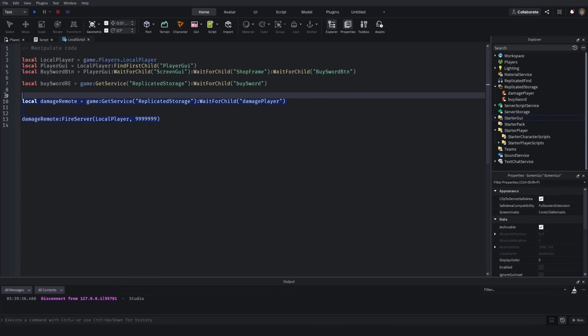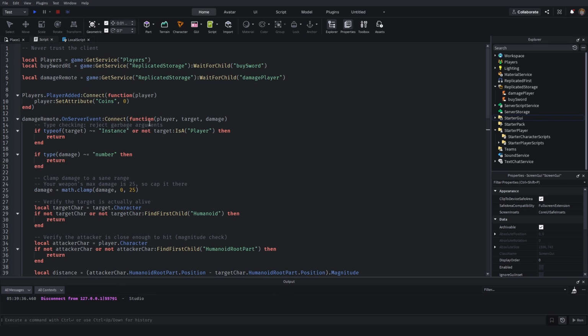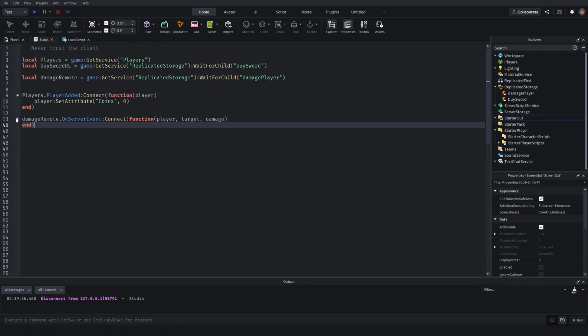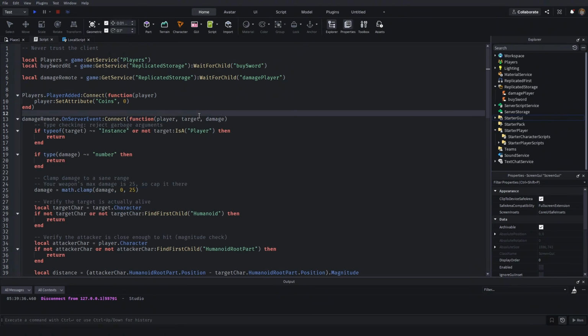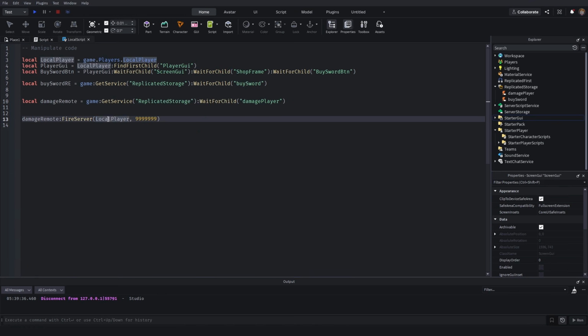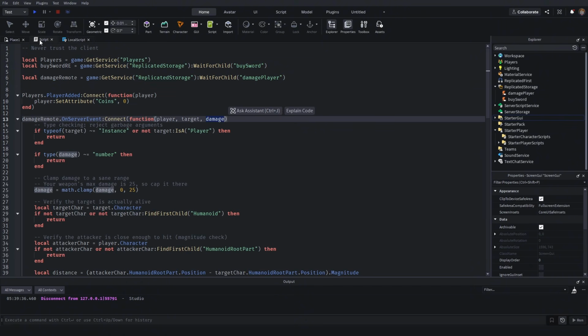And the way we can go ahead and combat this is we basically have to add a few checks when we go ahead and pick up the remote event. So here, obviously, we get 3 arguments, which is the player, the target, and how much damage they're going to take. So for this example, I just passed through myself. So basically the target and myself are technically the same thing, but it's okay for this example. So let's say that 9 was passed through. Obviously, this is not a valid thing,